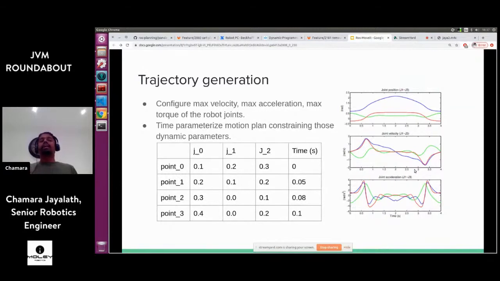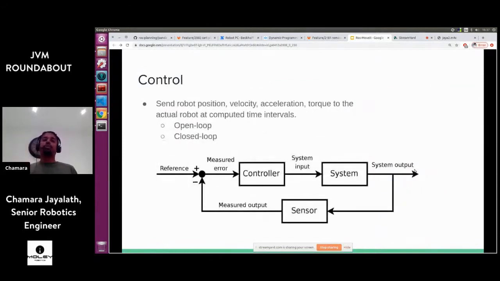So given this, I have my robotic motion as a function of the time. I can send these commands to the robot controller, the position, velocity, acceleration, or torque, depending on the API or the interface the hardware provides, and you can start to move your robot. So this is a very small introduction to the requirements that we need to have to develop